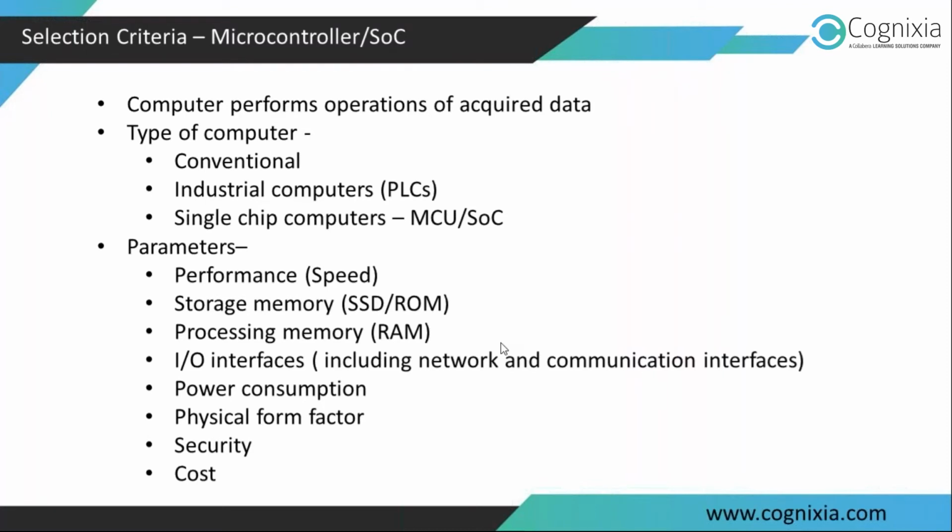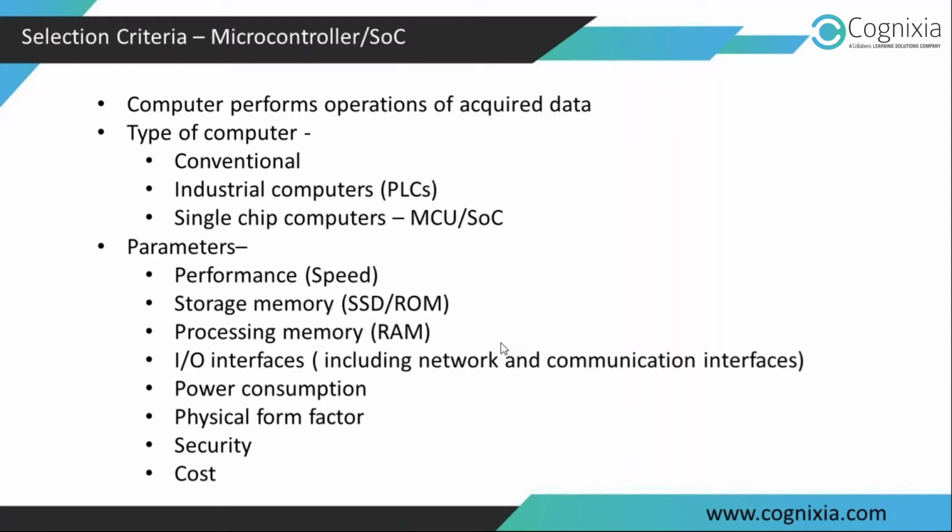So a chip may have a computer, a single chip computer, along with other interfaces and computing logics. So a SoC will have an MCU, and along with the MCU, you'll find other logic circuits fabricated inside the same chip. Okay, so SoC is a full-fledged system. For example, to build a mobile phone, you'll just need one chip. To build a TV, you will just need one chip. That chip will have all the features and logic circuits fabricated inside it. Okay, so SoC is nothing but an extension of MCU.